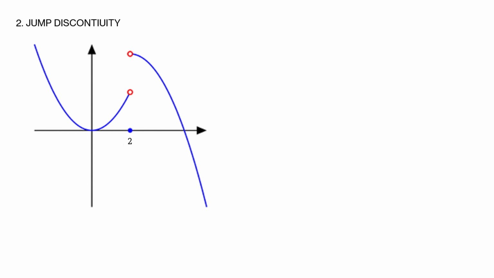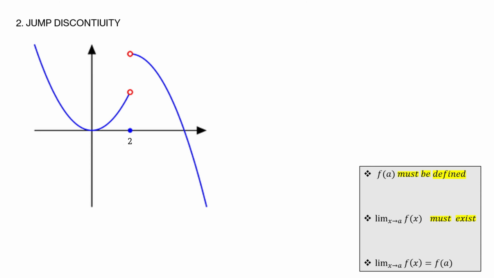What if we do not meet rule number 2? This is known as a jump discontinuity. So we'll assume that our function is defined here. Let's evaluate continuity at x equals 2. If you look at x equals 2, let's just assume here that this circle is shaded. All right. So if we look at these conditions for analyzing continuity, f at 2 is defined. So the first condition is met.